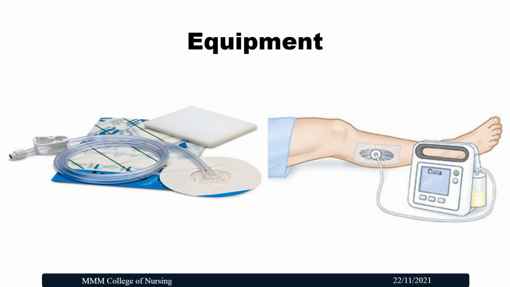Now let's see what equipment is needed for negative pressure wound therapy. In this, we need a polyurethane foam or wound foam, and also a semi-permeable drape just to create the air seal technique over the wound, and we need the drain tubing, a drainage container, and a suction device.